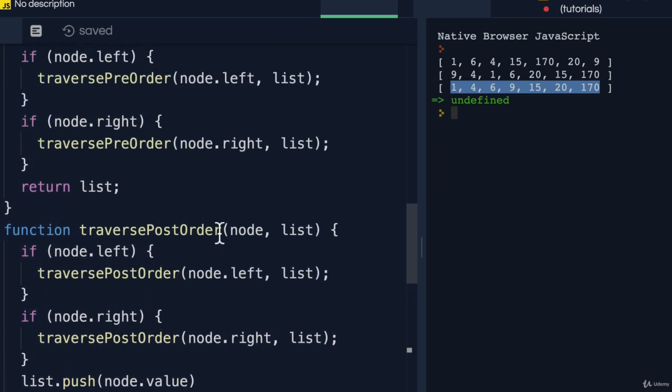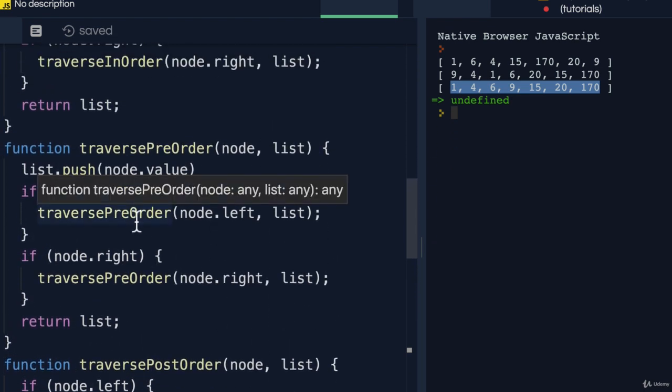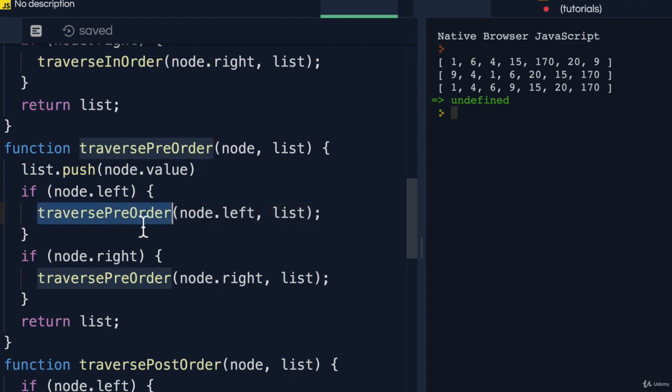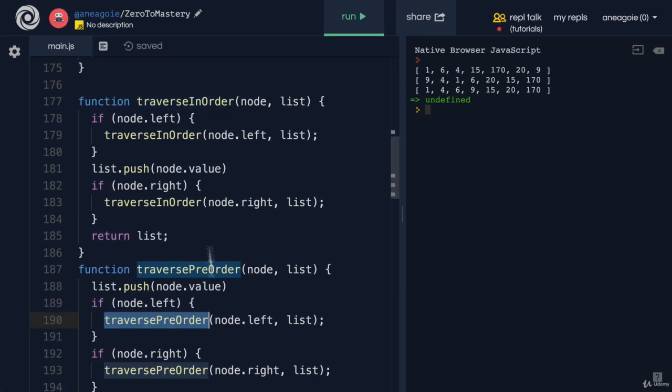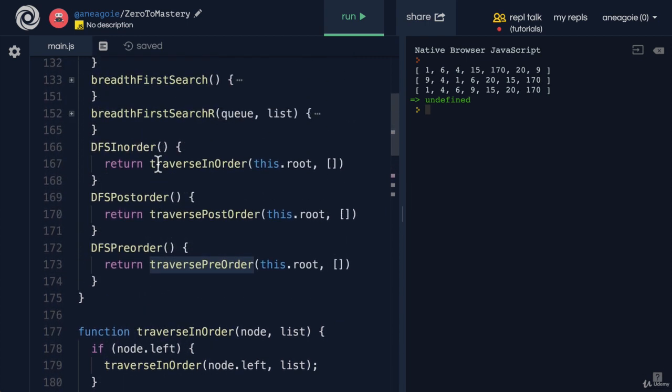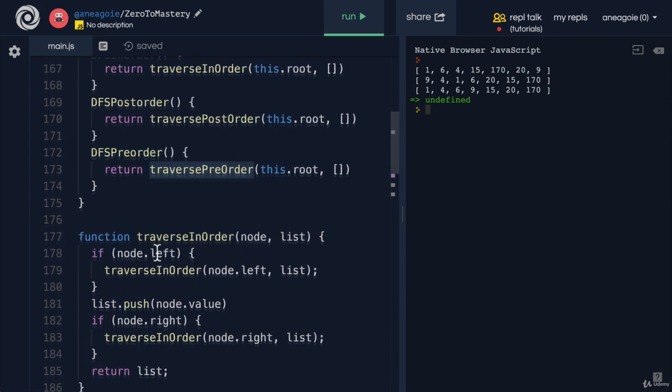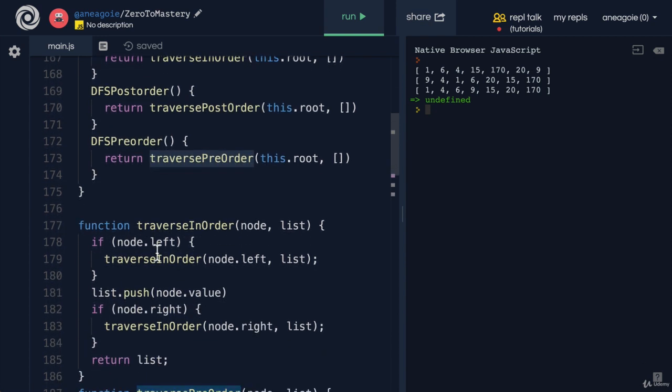Now, I'll leave the code for you to explore here. Because it is recursion, it might take a bit of time to get your mind wrapped around it. But you see here that it wasn't that difficult. We implemented breadth first search, both iteratively and recursively, and we also used depth first search in order, post order, and pre-order. And if you think about it, it starts to become more and more clear, especially when it comes